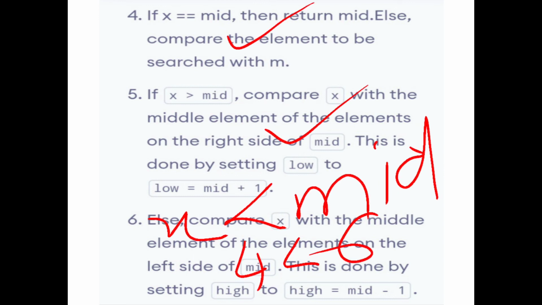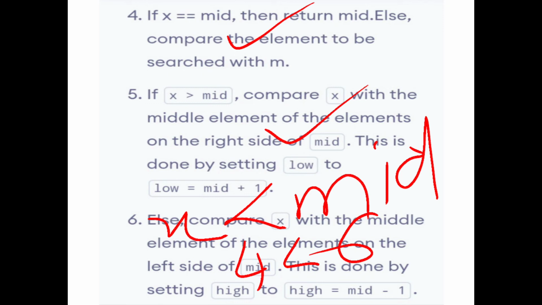Where do we search for this element's position in the array? The left side, because 4 is less than 6, so we can search only the left side of the array. So at that time the high value becomes mid position minus 1. So the highest value is decreased by 1.